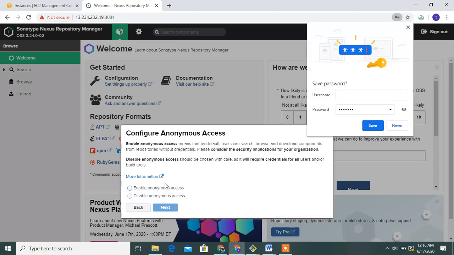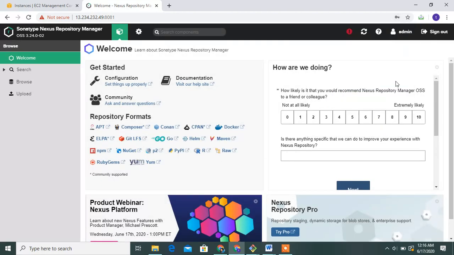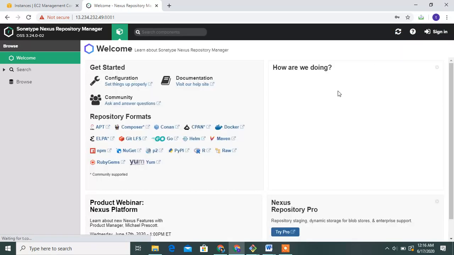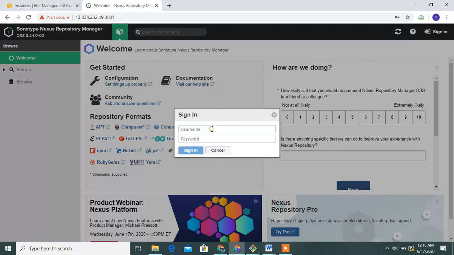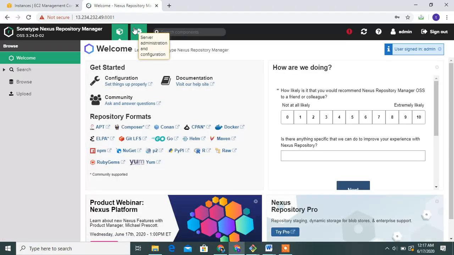Next, configure anonymous access, next, finish. Check whether your password is correct or not by signing out and signing in. Username is admin, password is Tulsi. Yes guys, the new password setup is successfully done.